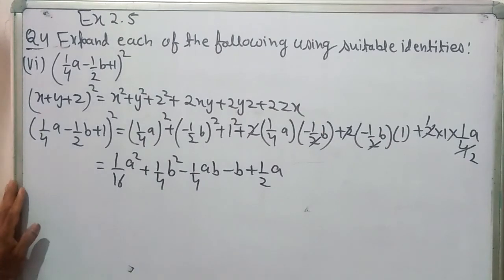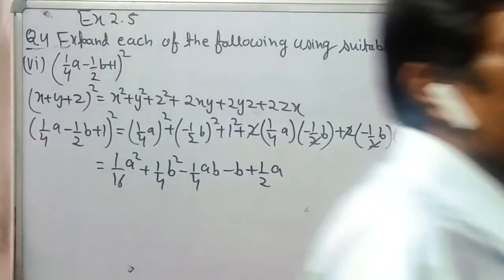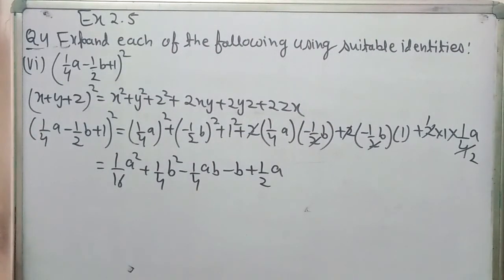So again we are saying, whenever we have one negative term in the whole square identity, we get two terms with the negative sign. Please keep this in mind. Whenever we have one negative term in the whole square identity for the 3 terms (x + y + z) whole square, we'll have two terms with the negative sign in the expansion.